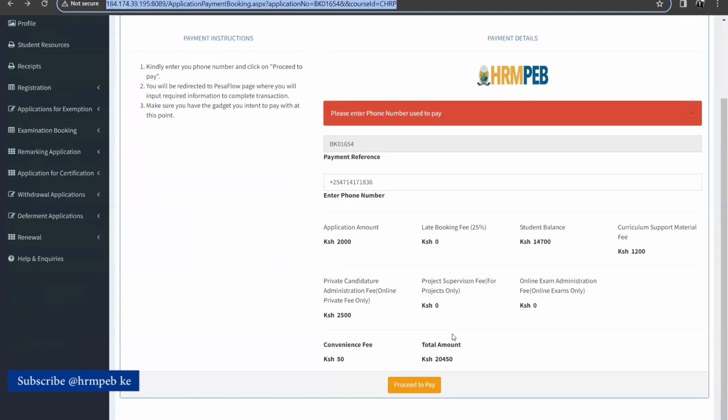Do not complete the booking process. Leave it open until you are sure, so that you avoid incurring unnecessary costs